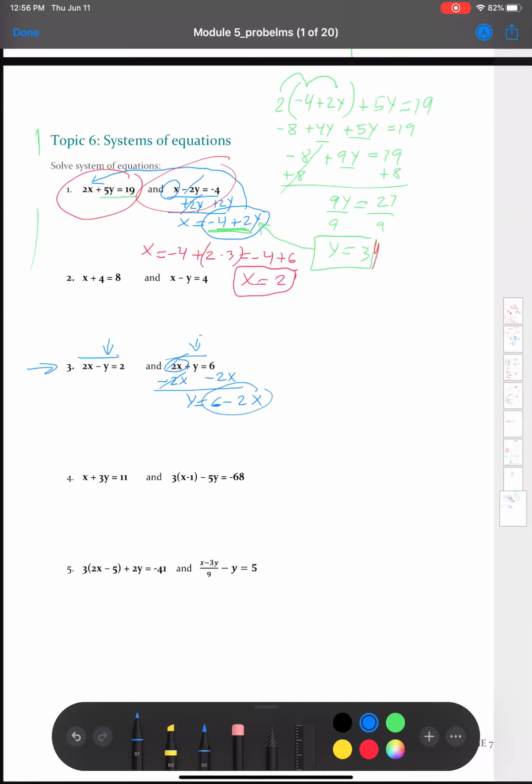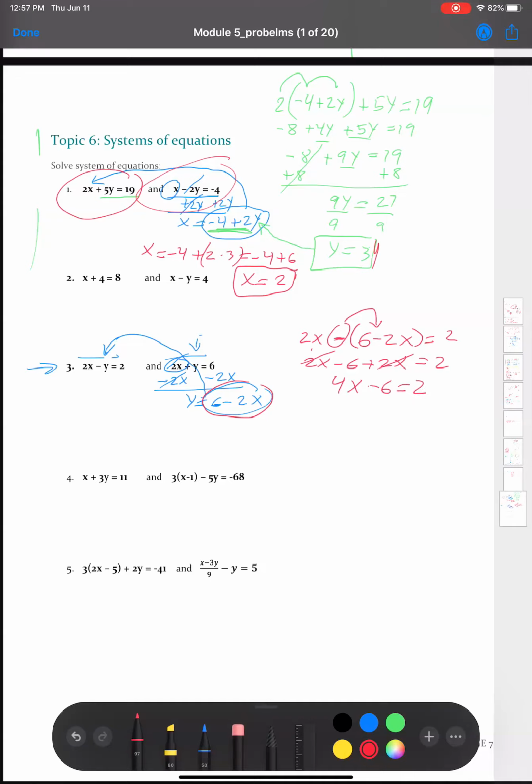Now we're going to substitute this for this y in here. I'm going to do the work on the side here so that we can see it. Okay, so we have 2x minus y. So this is our y right here. So minus y: 6 minus 2x equals 2. So 2x minus 6 plus 2x, because we have a negative here in the front, so that's going to change the sign, equals 2. 2x plus 2x is 4x